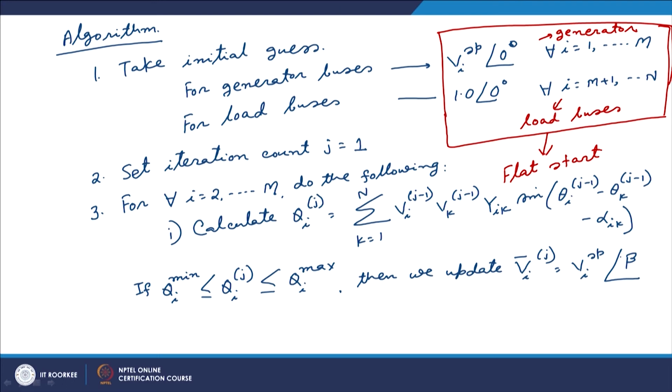So, beta is essentially the angle of the quantity Ai, where Ai is equal to